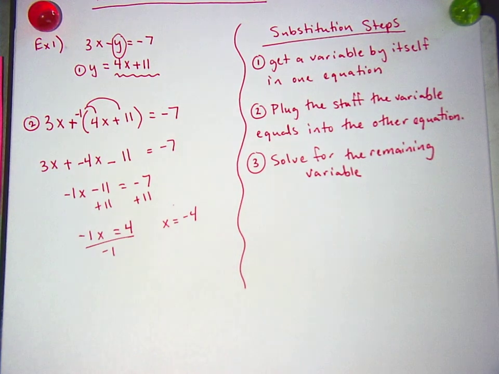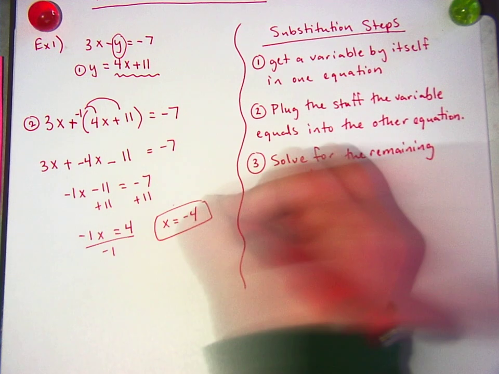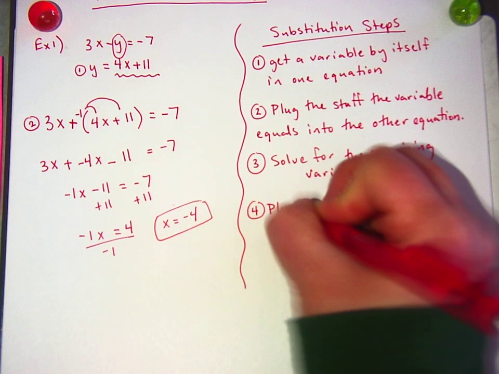Okay. Do you remember what we're actually doing? We have systems of equations, right? And like yesterday we were graphing them, and then what was our answer? What did our answer look like? A point where they crossed. And what we just found is the x value of where they cross. Getting the other one's really easy. So now we have one answer, but we need both. So for step 4, plug that answer in